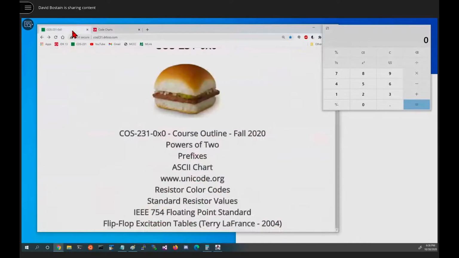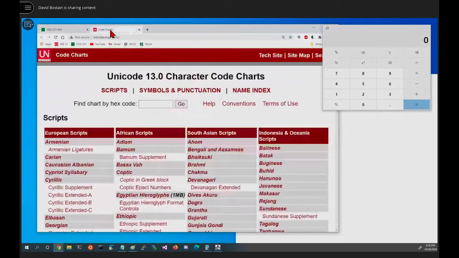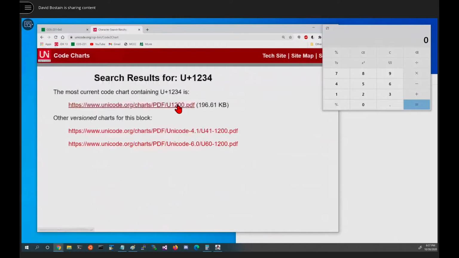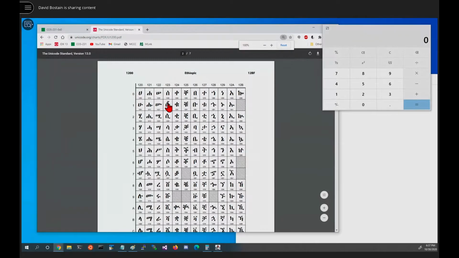So I would keep the course web page near me at all times when I'm taking the test. A question you'll probably get along the way is, given code point, and then it's some number, let's say 1, 2, 3, 4, what is the name of that character? Put it in this box if it's the code point. Only code points go in here. Hit go. If there's a chart available, meaning it exists, because it could be a code that's valid but hasn't been assigned any characters.